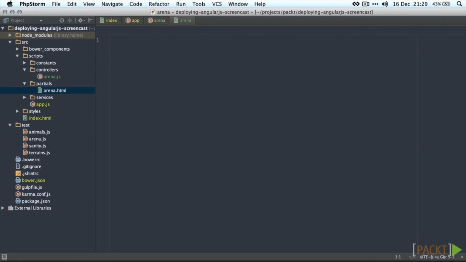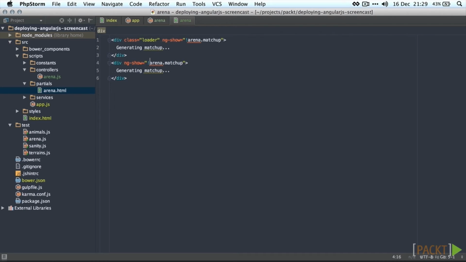Let's create a small loader element that only shows when the matchup doesn't exist yet. So I'm just going to add a div with the class loader and say something like generating matchup, I guess, and only show it if there is no matchup found. Next up, we'll show the matchup when it has been generated. So I'm just going to copy this and then remove the loader class and only show it when it does